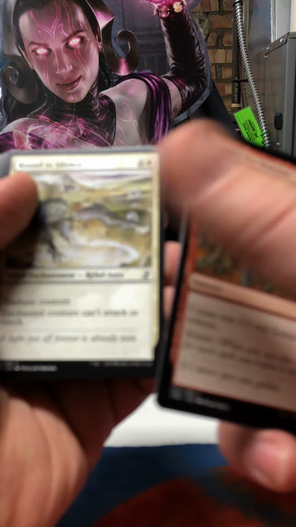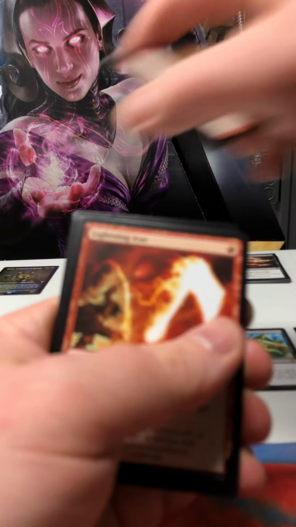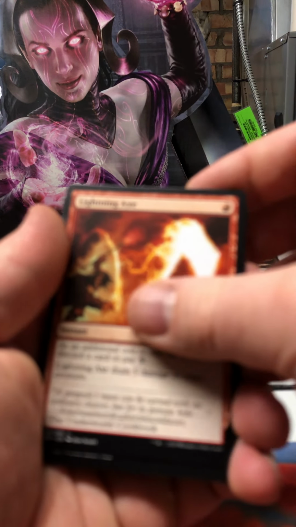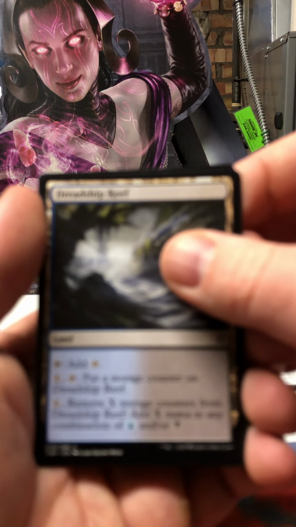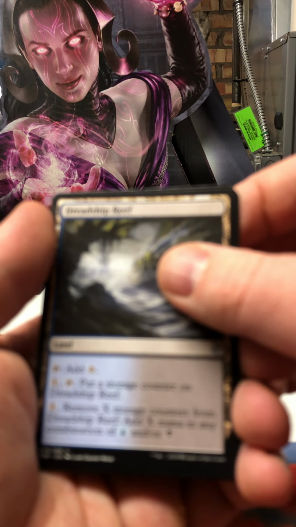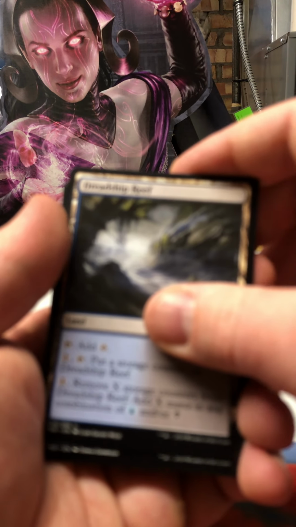A lot of good commons in this set. I haven't found a home for any of them yet, because I haven't had a lot of this product yet. But, you know, Lightning Axe, things like this, they're always fun. I do not care for these storage lands. Like, I've seen people use them, and later on they have a bunch of mana, but nah. I guess in Atraxa, it works. Otherwise,